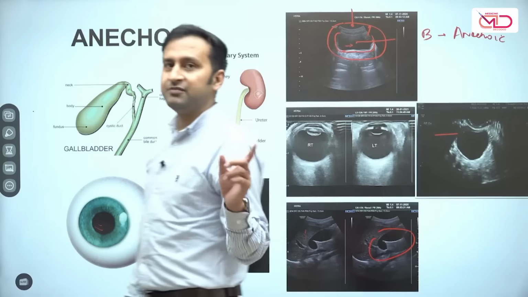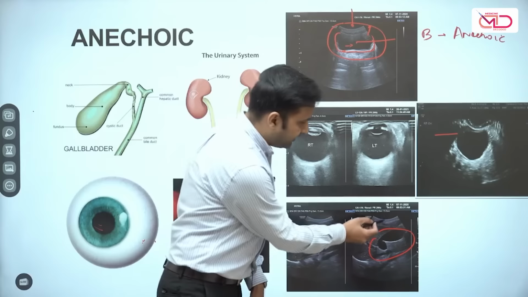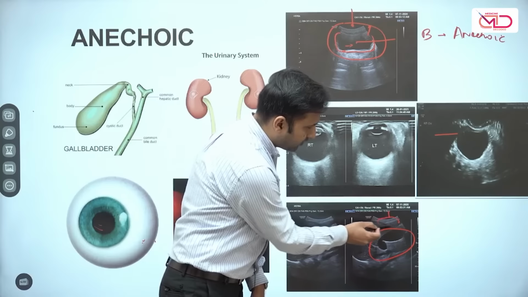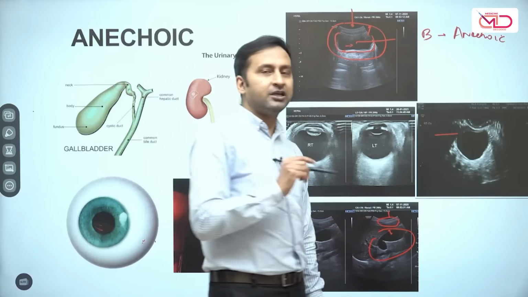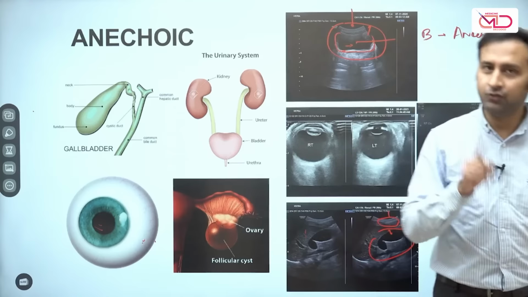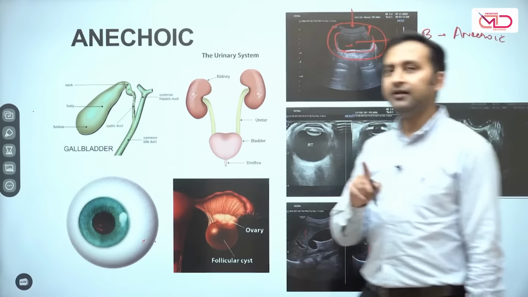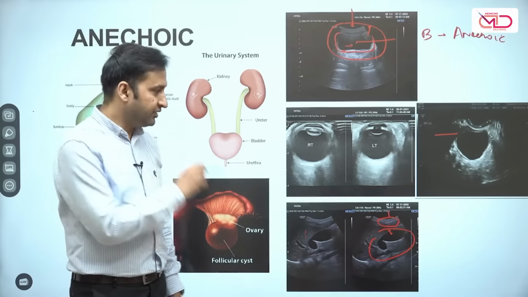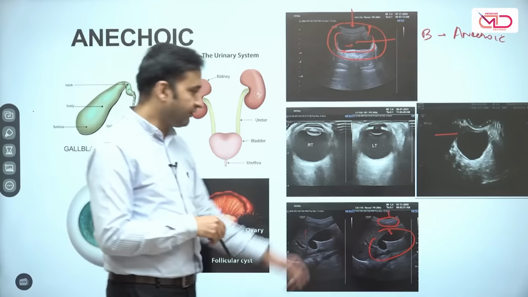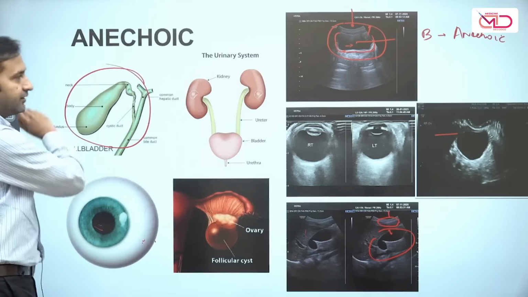Now you can see that this black colored structure has also got a thin wall, but it is not present just beneath the skin. You can see that there is a certain amount of tissue which is separating it from the skin surface. So we can deduce that this pear-shaped structure contains fluid because it is completely anechoic, it is black, and it is present at certain depth from the skin surface. More importantly, if I tell you that I was imaging the right hypochondrium while I found the structure, then anybody of you can tell that this is nothing but the gallbladder.